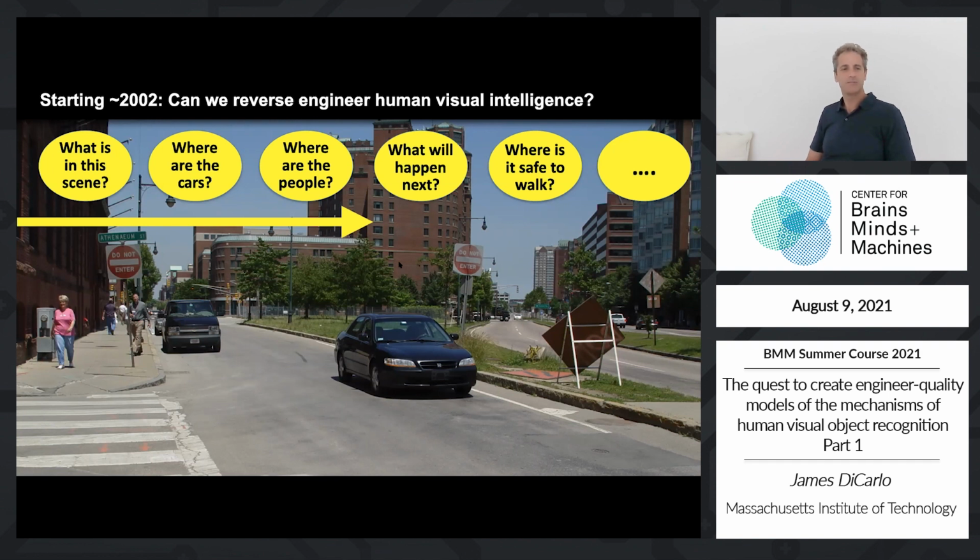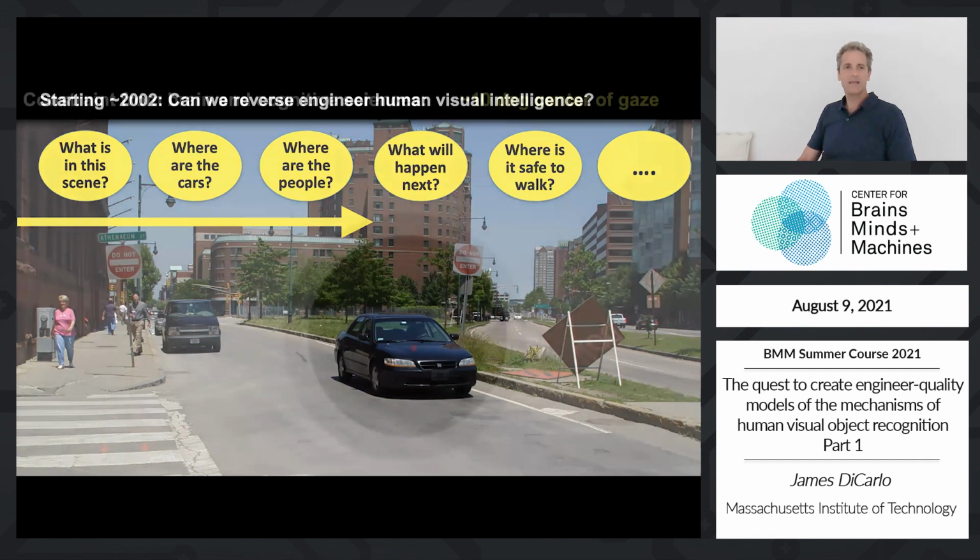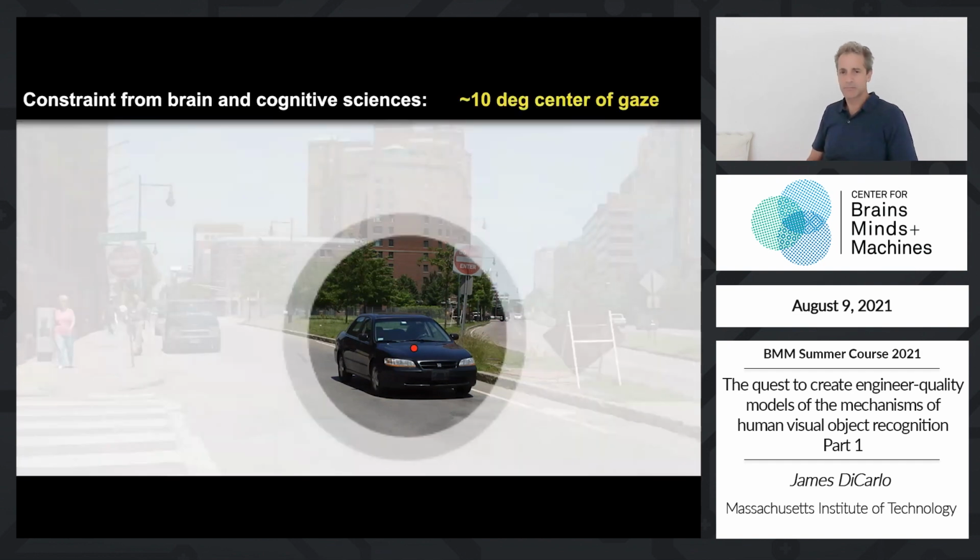So, okay, let's go back to visual intelligence. What's in the scene and so forth. So it's known when you start thinking about a problem like this, and when we started working on this about 20 years ago, that you don't actually just absorb that whole scene at once and say, well, all the cars are here and all the people are here. You have the kind of impression that you're doing that, but when you measure things carefully, you don't actually do that instantaneously. What you do is you have a high acuity sensor in the center of your eyes,